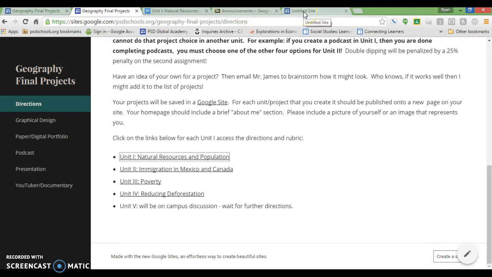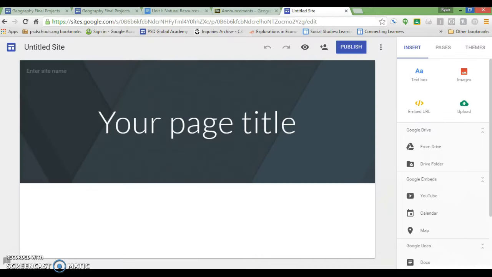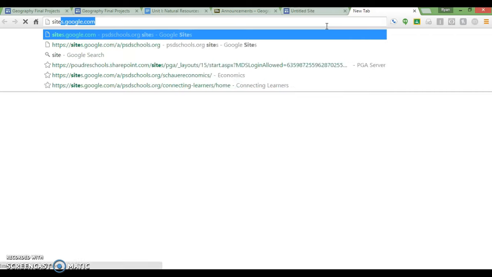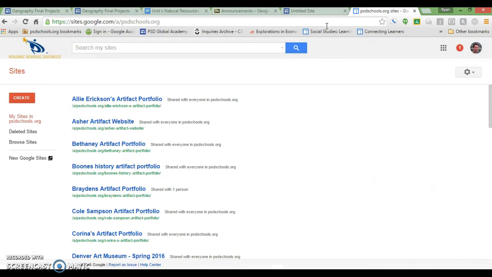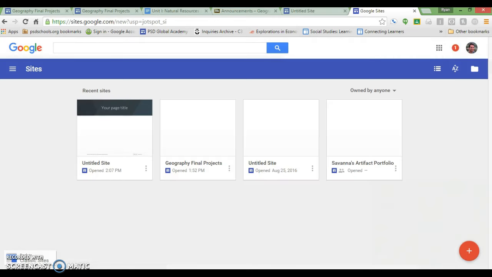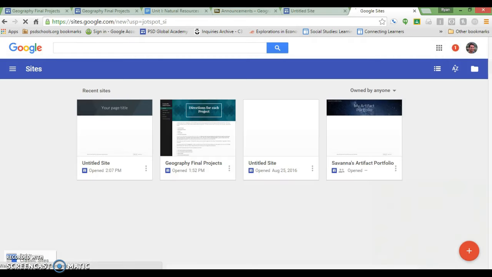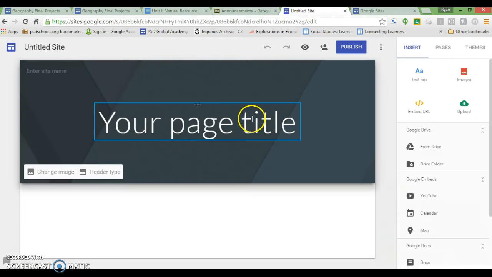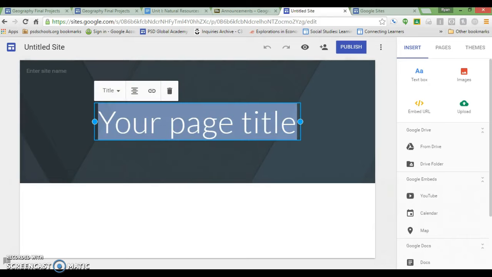Now, here's where you're going to be keeping all of your projects on Google Sites. So Google recently updated Google Sites, and I really want you guys using the new Google Sites. So when you go to sites.google.com, just make sure you click down here where it says New Google Sites. Okay, and then when you click this little red plus sign over here, that will open up a new site for you. Your first page could be